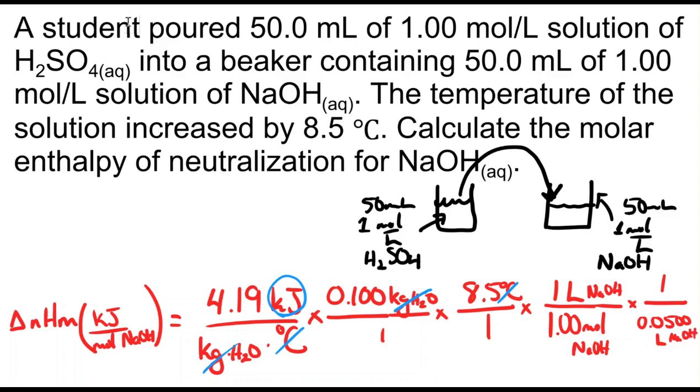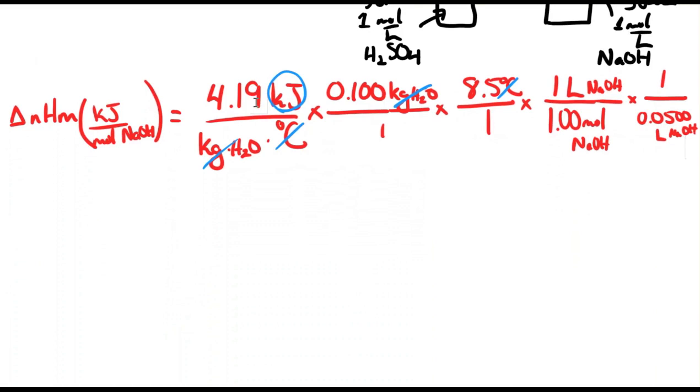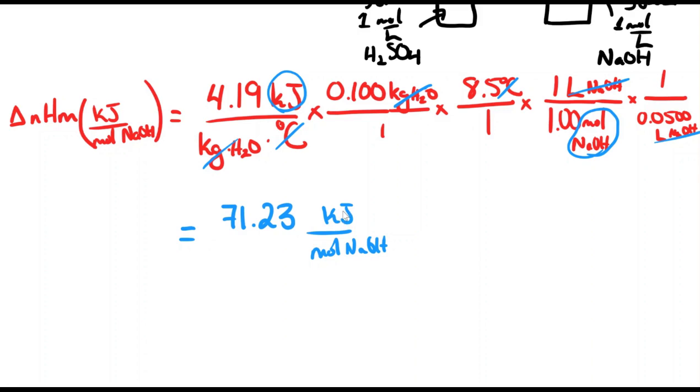Oh, I'm running out of room. So all we have to do is do this calculation, but I just want to prove to you that we're going to get the units we need. Liters of sodium hydroxide cancel, so we're going to be left with moles of sodium hydroxide on the bottom and kilojoules on top. That's exactly what we wanted, so I know I'm going to get the appropriate answer. When I put all of this into my calculator, I end up getting 71.23 kilojoules per mole